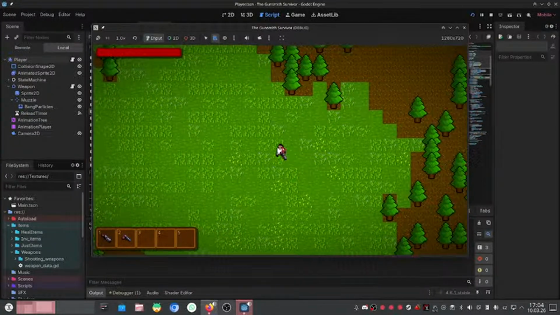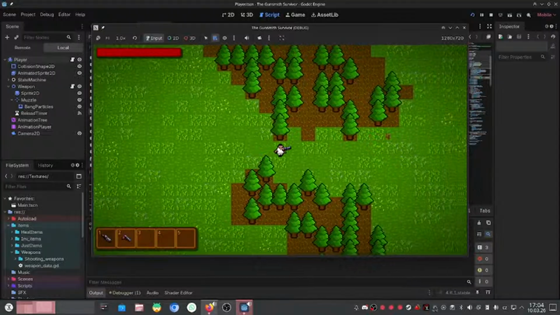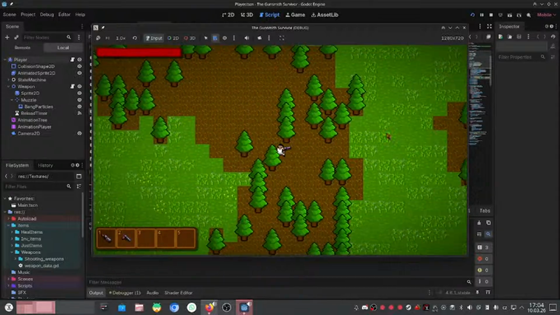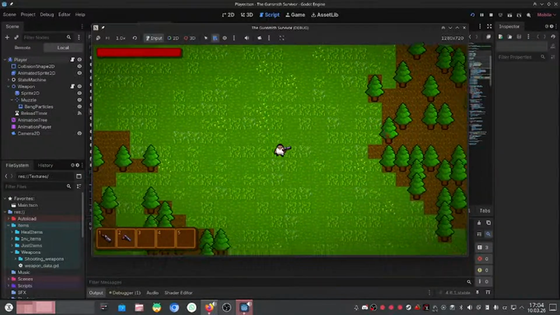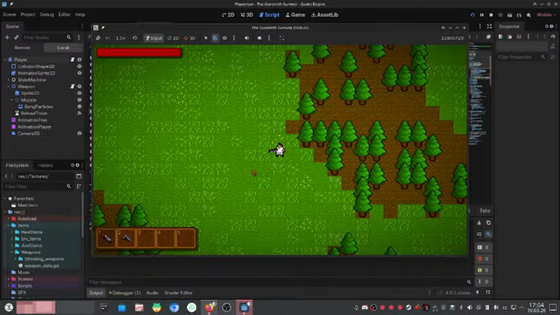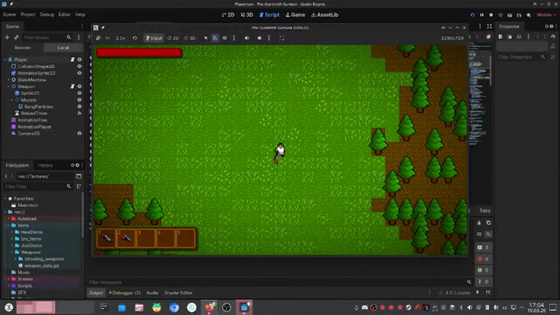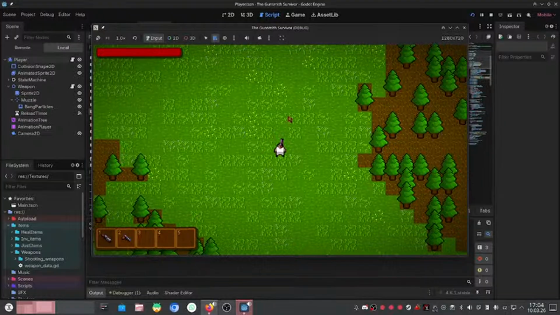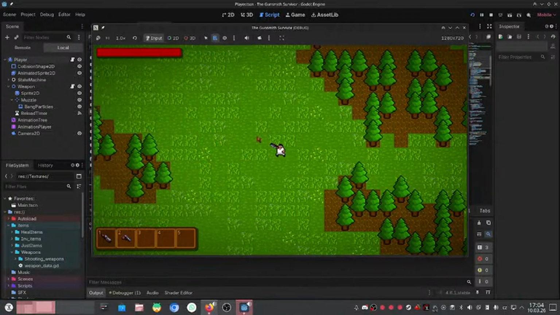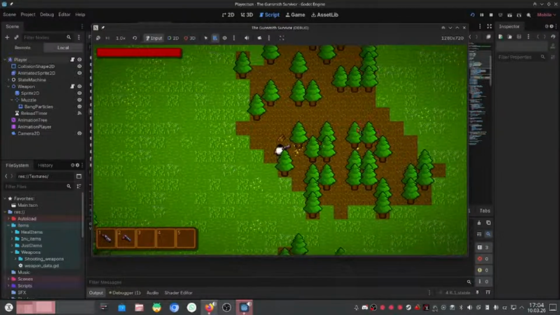But I wanted to show you, we added a sprint on the last stream. I wanted to add a stamina too, but I thought about changing it to not a dash, but when I do control or shift, it makes a roll, not a roll. You know what I mean? Like something like a dash. That should be better than sprinting because